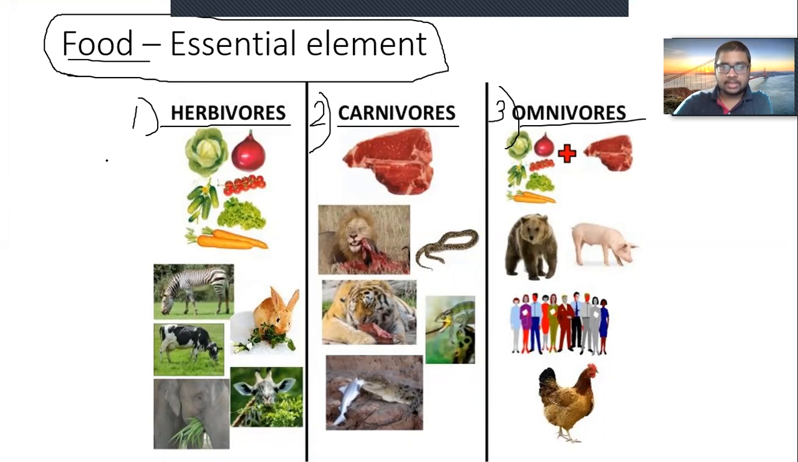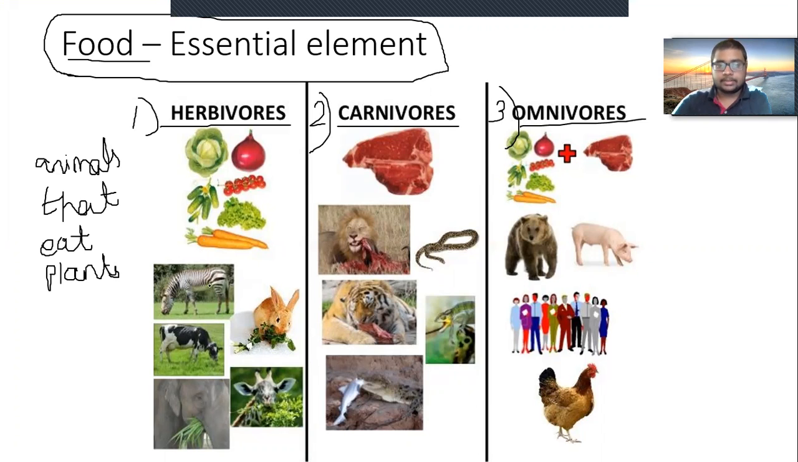What are herbivores? Animals that eat plants only. For example, plants like cabbage, onions, then other fruits, carrot, grapes. So all those animals who only eat plants and the material which is obtained from the plants are called